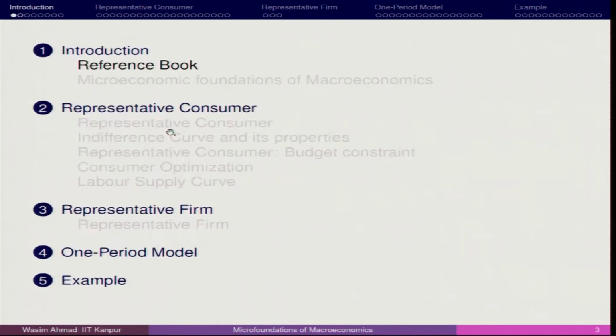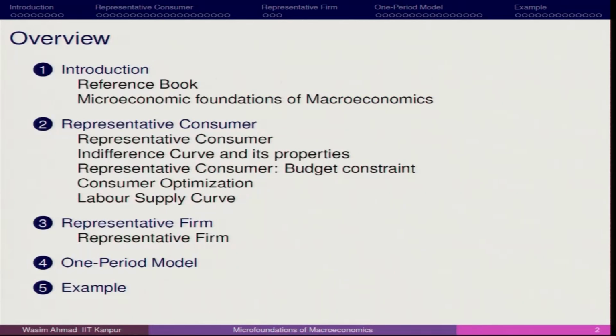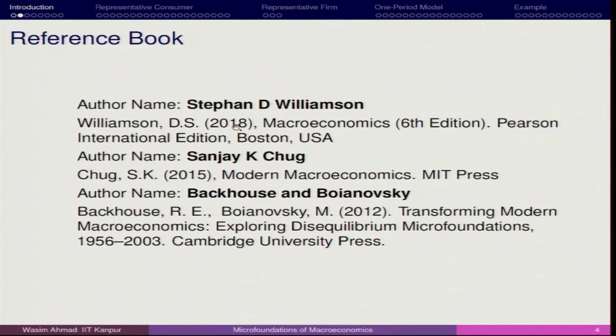So, hi everyone, we are going to start the next session, and in this session we will be talking more about the competitive equilibrium that we were trying to derive in the last session. The reference books and the topics remain the same. So, we will be referring mostly to the book of Williamson, and to some extent Sanjay Chugh. This particular book that I mentioned last, Backhouse, will be referred to only for understanding why microeconomic